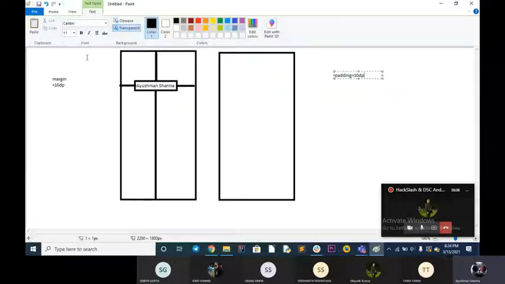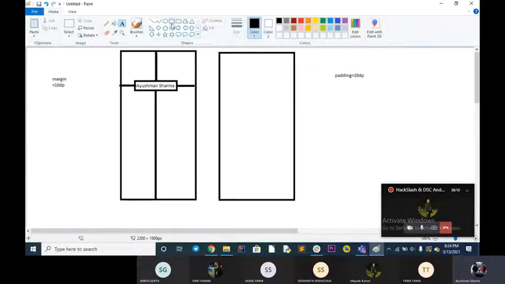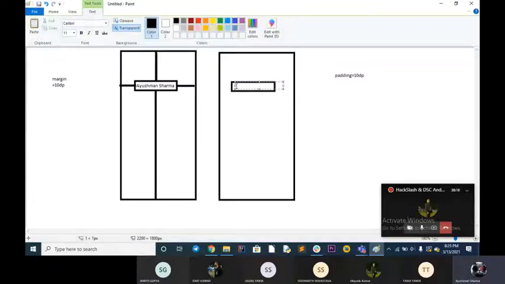So here padding means that 10 dp of distance will be given inside that view, and on the upper side too, and on the lower side too. And here 10 dp of margin means that margin will be given to that box from the screen corners of that particular phone.